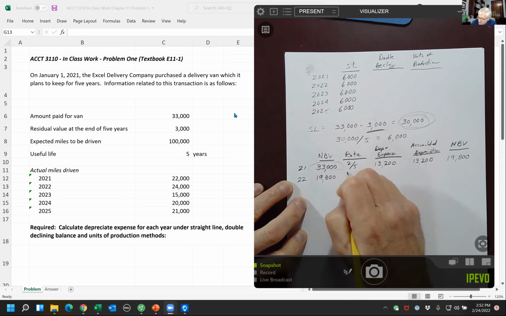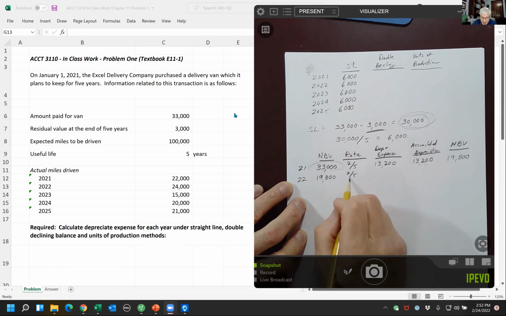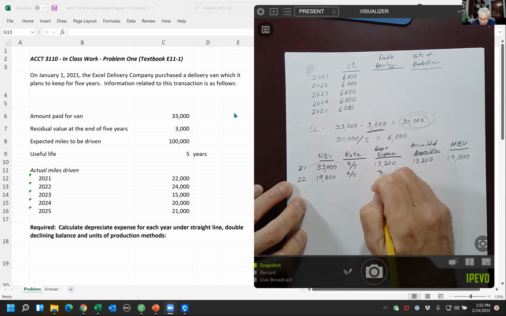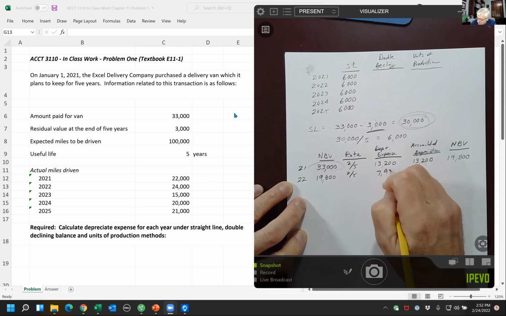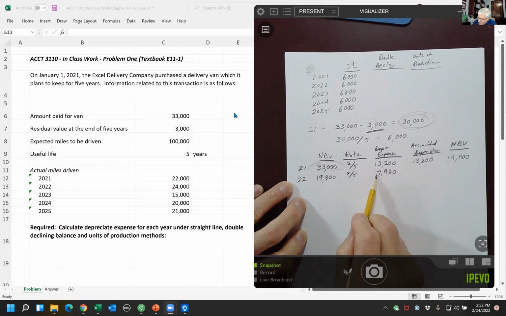So for 2022, we use the end of the preceding year's net book value, 19,800 times 2/5. So 2/5 of 19,800, or 40% of 19,800, is 7,920. Now, when we debit depreciation expense and credit accumulated depreciation, we're going to have a new balance, 13,200 plus the 7,920,